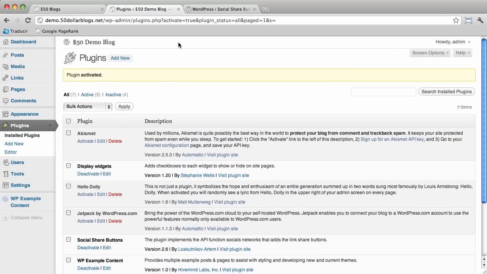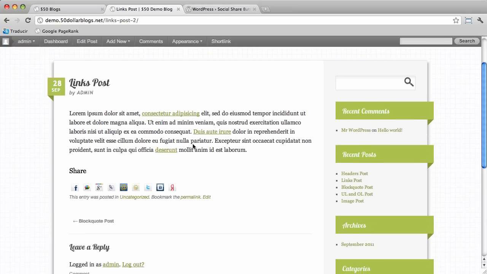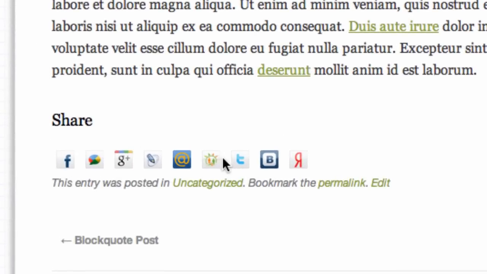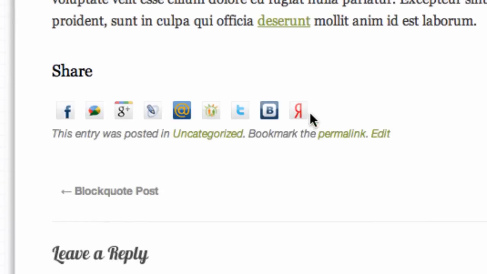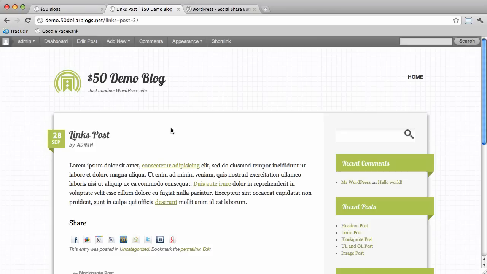Great. Now let's just see what the default looks like before we jump into the settings of it. If we go to our links post. Okay, so there is our plugin in action. It has a whole bunch of things. I don't even recognize some of these icons. Okay, so I don't want all of those. So let's go back to the dashboard,